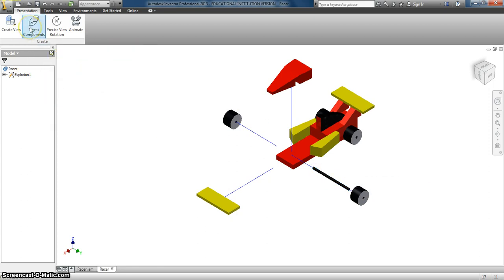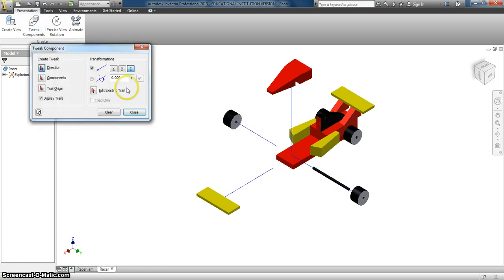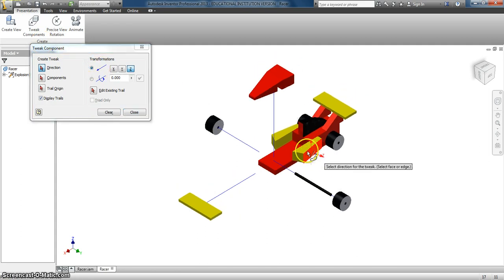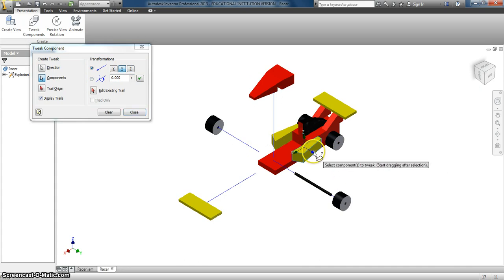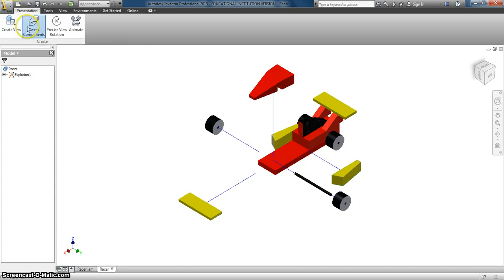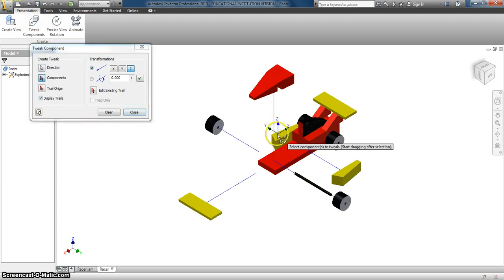Close that. There is a shortcut for tweak components. If you click T on the keyboard, you can just bring that up, and it actually becomes a lot easier. So now I'll go ahead and grab this component. Direction, and this time I want it to be Y, so I'm going to switch it to Y, and I'm just going to go ahead and move this guy out here, close, tweak components, here, I'm going to go Y again,